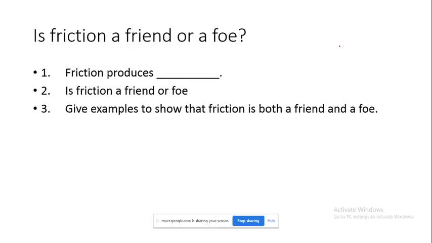Erasing also comes in that friend category. Erasing, rubbing, gripping is something. Good, Ramya. Gripping, catching different objects. And now give me an example where you can say that friction is a foe, it is an enemy. Erasing, good. Now give me an example where you can see that friction is an